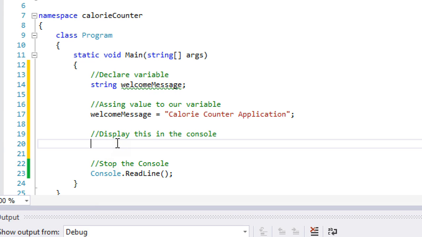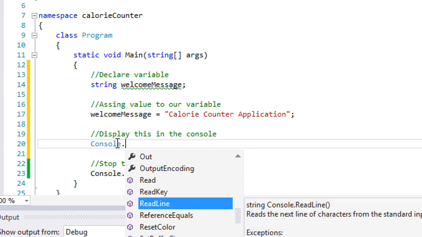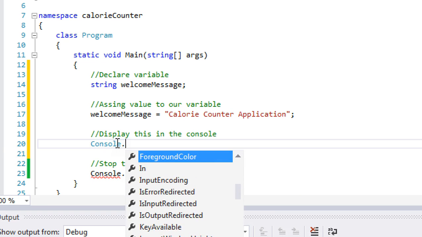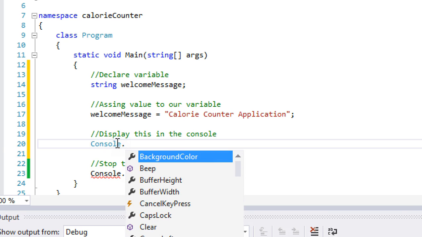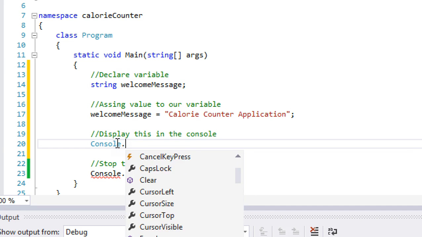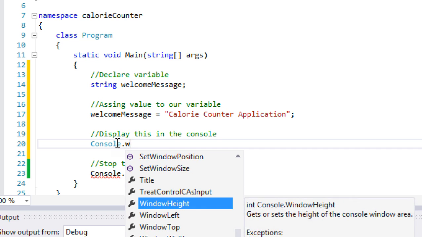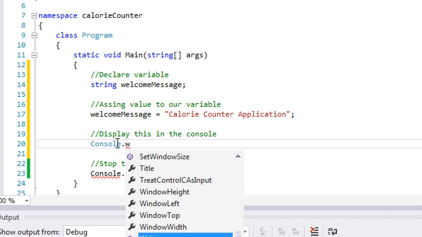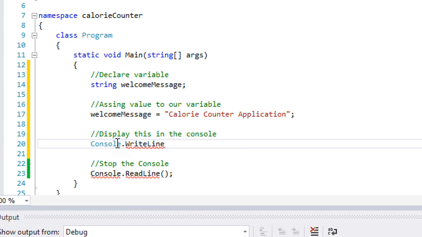Let's say console dot, and what you'll see here is that all these are methods and properties, basically things that we can do with this console object. So in our case, we want to write to the screen. If I press W, IntelliSense will go to W's, and if you see here, there's a write function, there's a write line function, and we want to use write line. Now what write does is it just writes to the screen and doesn't go to the next line. If we do a write line, it'll write to the screen and hit an enter and go to the next line. So let's do write line,